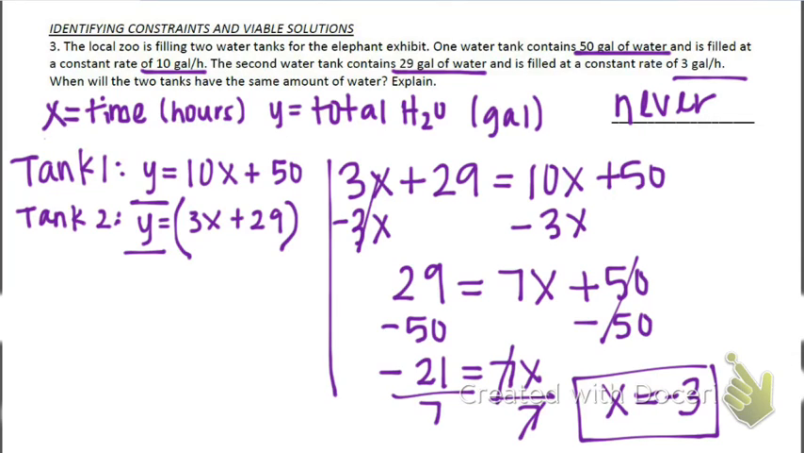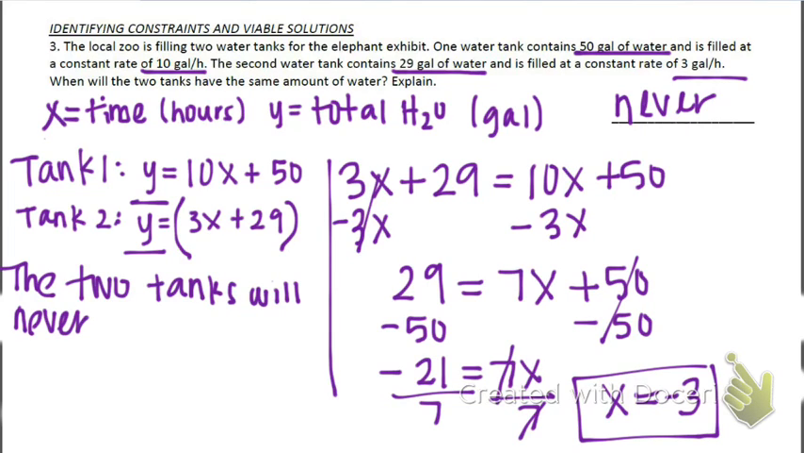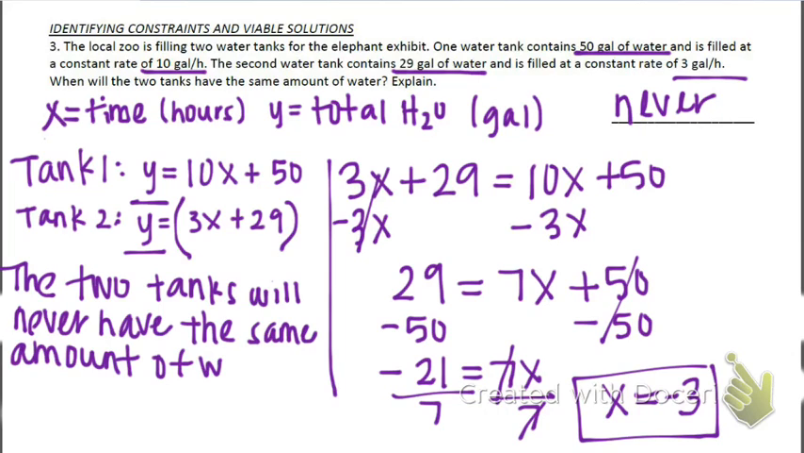And we have to write a sentence that explains that. So I'm going to write it off to the left on mine. So the two tanks will never have the same amount of water because -3 hours,